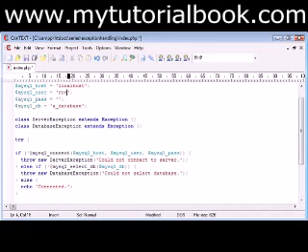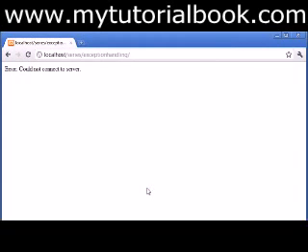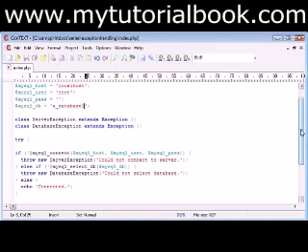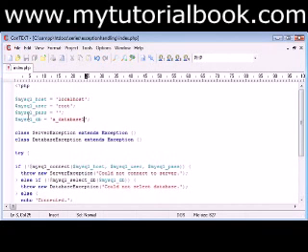Okay, so let's change that back to root, and now let's say a database 1. So we've appended a 1 on. This database doesn't exist. So now let's refresh, and you can see that we've got an error saying could not select database. So what we've done in this tutorial is we've extended the exception class to two classes of our